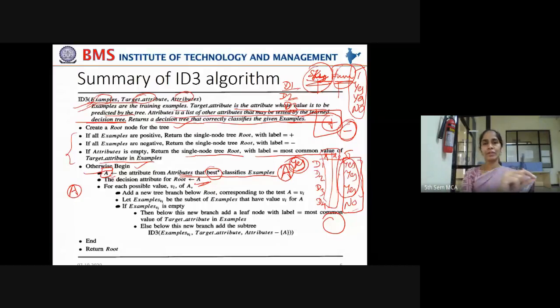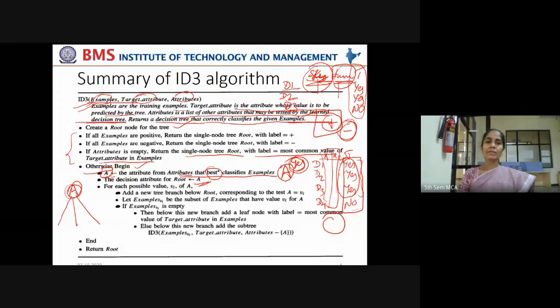We'll give a range: greater than 10,000 and less than 20,000, greater than 20,000 and less than 30,000, and greater than 30,000 will be the third category. We have three different ranges for this income level. So it has to proceed with those